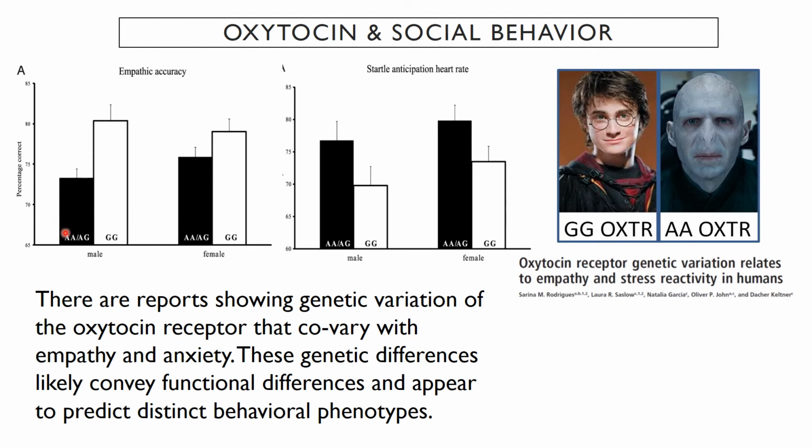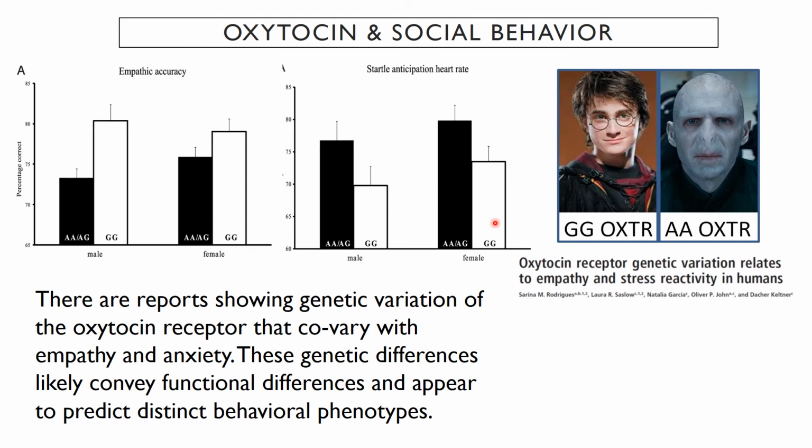So they looked at humans, they assessed what kind of variation of oxytocin receptor they have, and then they ran them through a series of tests looking at empathy and startle response. So like the stress response that they show given a certain challenge. Humans that have a GG variation in their oxytocin receptor are more likely to show empathy. So they have a higher empathy response accuracy in a test. This is true for males especially. For females, it's less of a difference, but for males, it appears to be a significant difference.